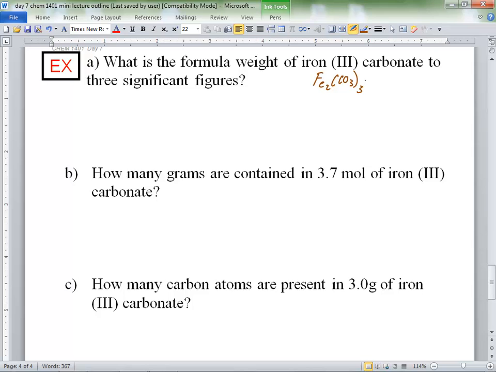Anybody get an answer? Christian, you get an answer? 292. He says 3 sig figs. Everybody, Ellison agrees. 292. I see a lot of people shaking their heads. Okay, 292. But there's some questions coming up. There's a lot better way to write the 292. What units should we put on there? Okay, that's helpful, but not as helpful as it could be, right? That works, but what else could you say? 292 grams of iron 3 carbonate,